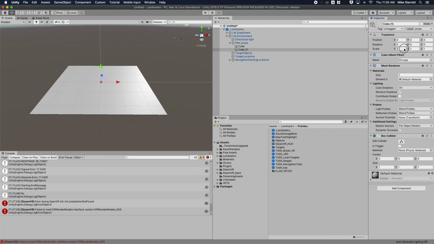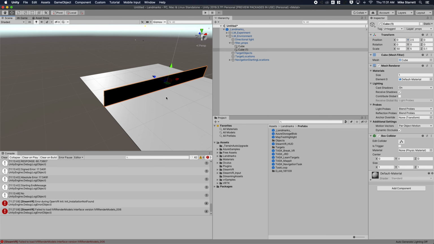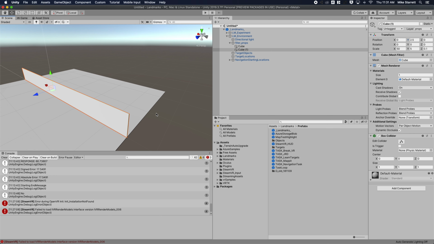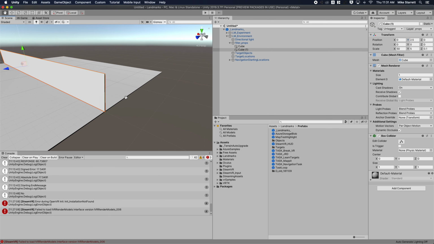It's going to start off as a cube, but now let's say it's going to be 50 meters long, or wide, I guess, and let's make it 5 meters tall, and let's have it be the same thickness as the terrain here, 0.1 meter. Okay, because the center is right there, let's move it to half the height. Great. So now we have this wall here,